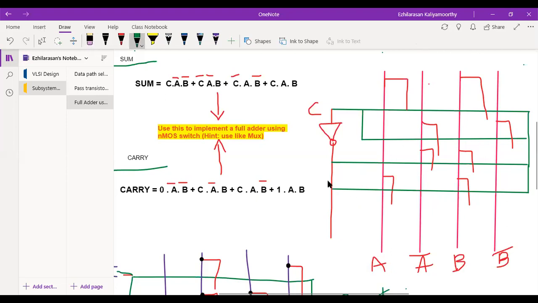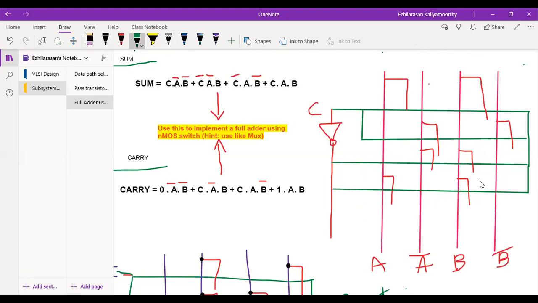Okay. Next, you can see the third one here: A B bar. A B bar, that is connected to what? A B bar's input is what? C bar. So from the C inverter I took C bar, then A bar B. Next is again C bar, A dot B bar.